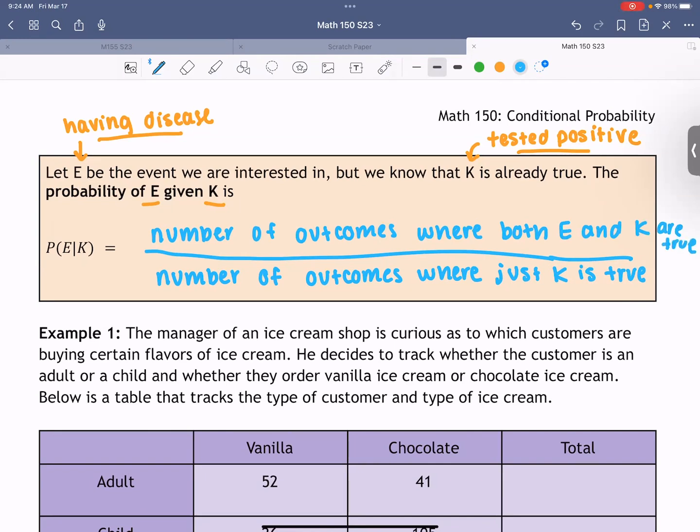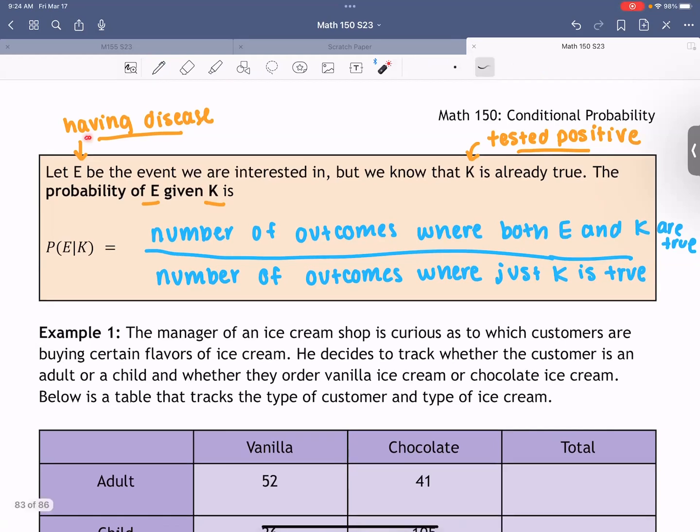If we put that in perspective on the last problem, the number on top was, I know that both having the disease and testing positive was just one person, right? One went on top. So when I divided 1/50, that's how we got the 2%. Basically the rule is if I want to find a probability of something given another, we put their intersection up top, like where they're both true, and the number on the bottom is where what we're given is true.